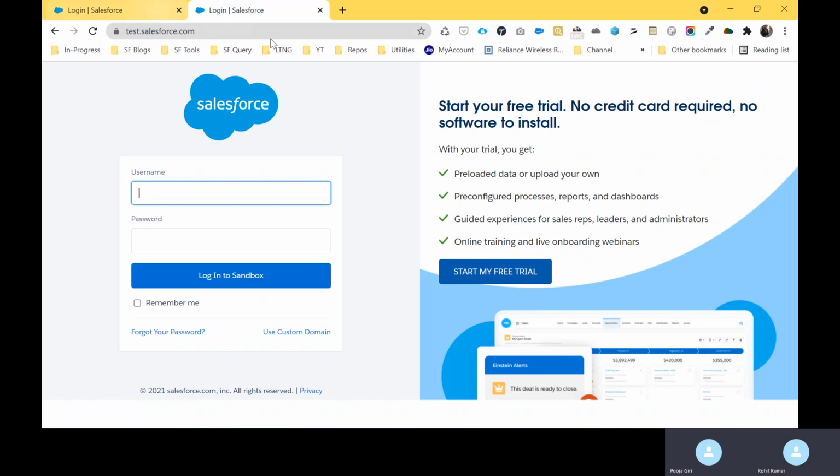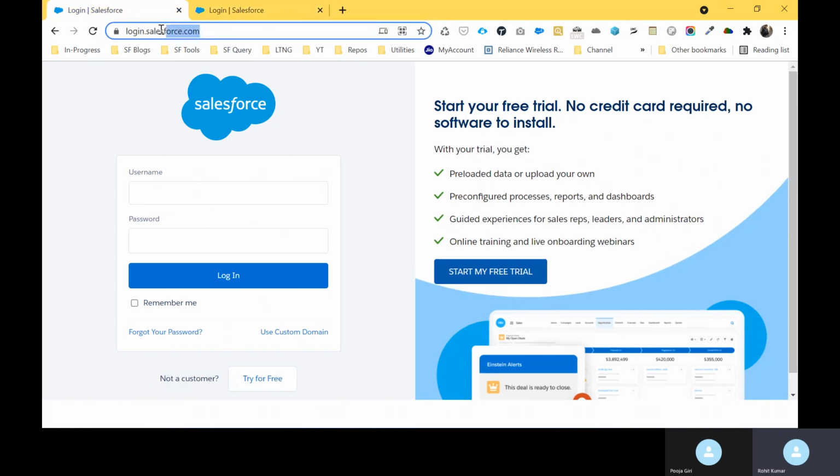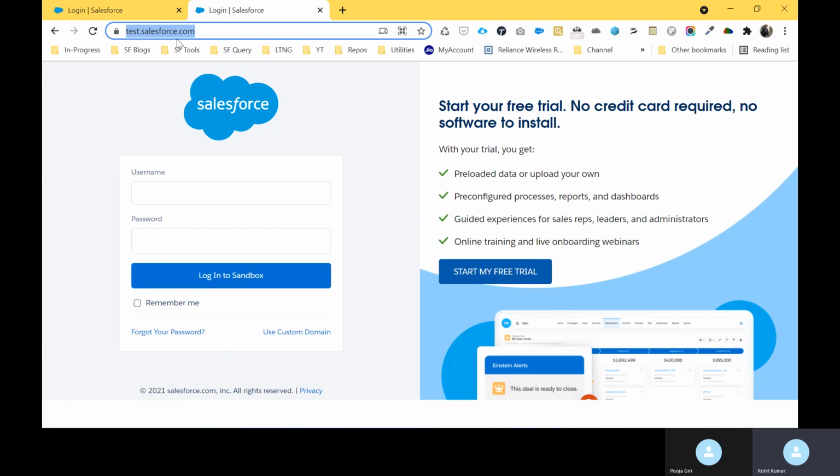You can observe here: test.salesforce.com, and once you go to the other one, login.salesforce.com. Login.salesforce.com is the production URL, and under the button you can see only Login. Once you go to the test.salesforce.com page, under the login button you can see Login to Sandboxes.